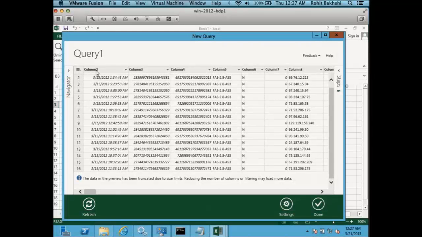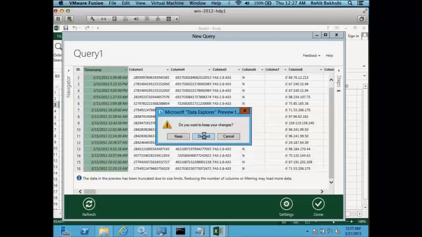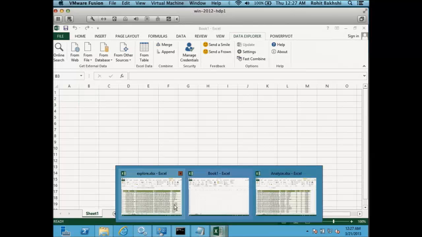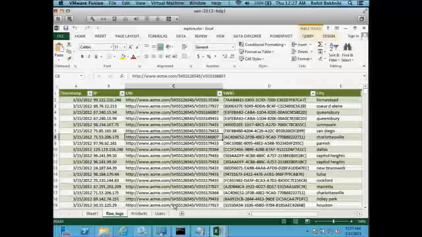And I don't care about some of these things, right? So I'm going to say, I don't really care about the first column. I care about the timestamp, so I'm going to mark that. And I'm going to care about a few other things like URL. So I'll do all that in Data Explorer. And then once I do that, I get something like this. I basically get a refined view of the raw data that's sitting in Hadoop, in HDFS.